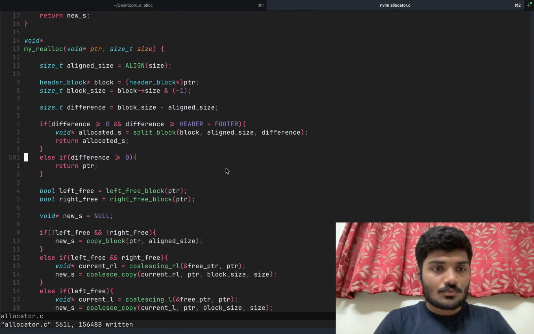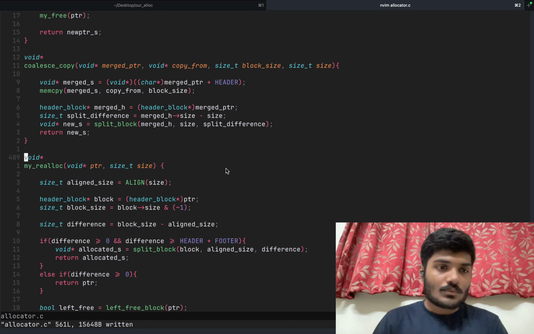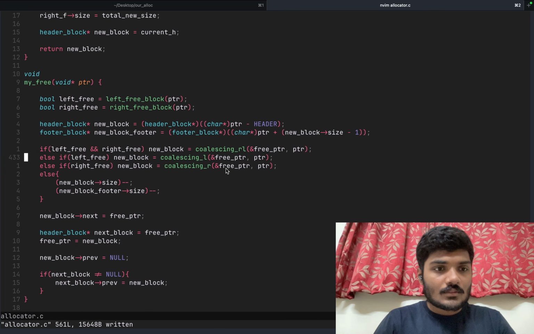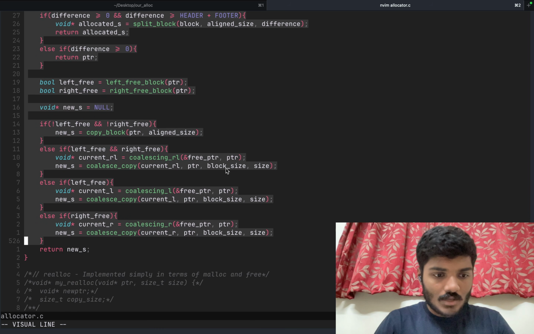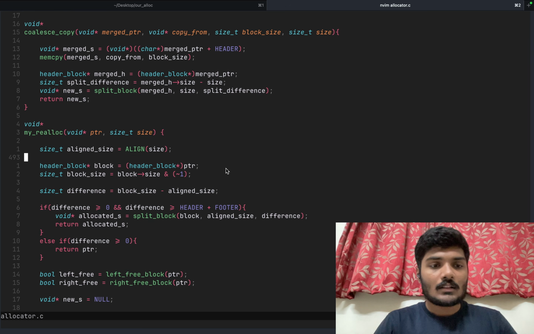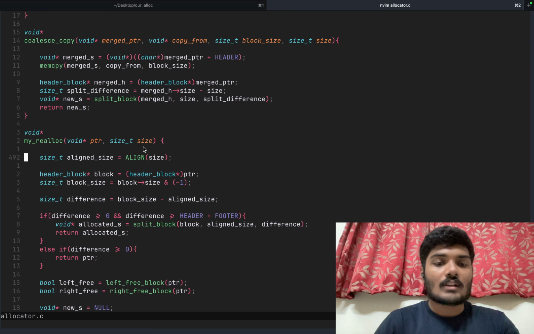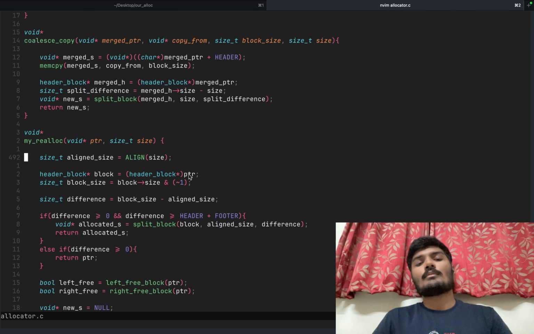I have to go through the entire realloc code, like what is it doing, because that's where the error is occurring. It's about this much. We just have to go through 77 lines of code, so not a big deal. Let's get started. So void my realloc. First we get a size, and then we have to align the size, definitely. The block, which is the current pointer, is,